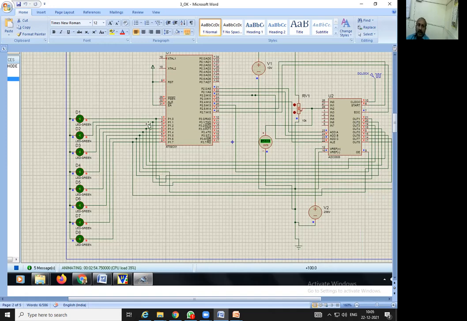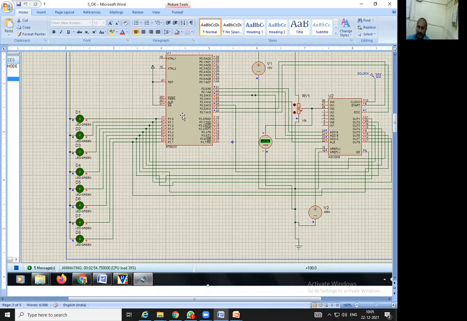The same outputs are also given as input to port 1 for further processing if required. If port 1 gets 0 0 1 0 0 1, then do this, do that. The further processing will happen if it is application oriented. How it is going to work, we will see in this demo. So these are the connections here. As you can see, what is to be observed right now.